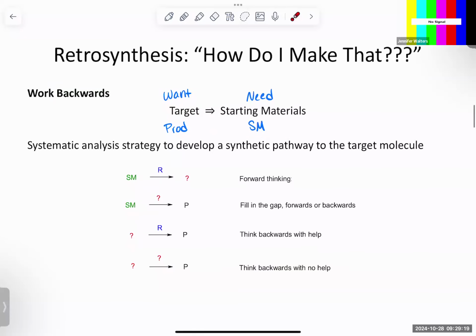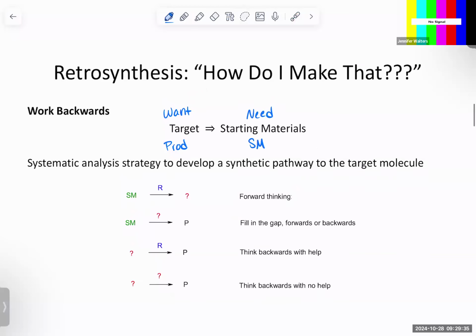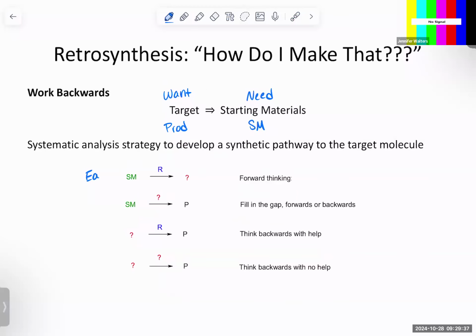So when we think about the different ways of approaching these syntheses, if you just have your starting material and your reagent, and you're just going forward, then that is forward thinking. That's usually the easiest synthesis problem. And that builds up to our hardest as we go down. So the easiest,